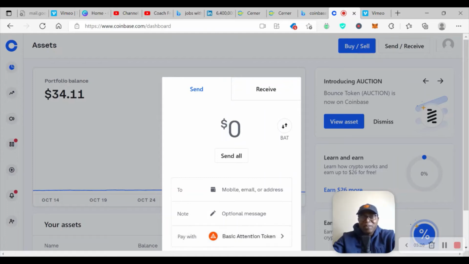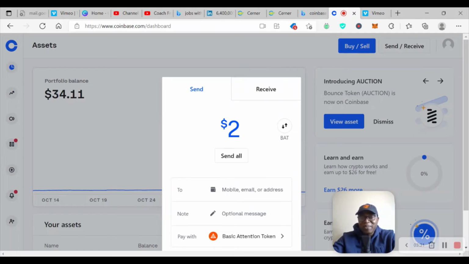Then you have to make sure that this is the coin you want to send. And then you come back over here. How much of this coin do you want to send to your friend? I would just want to send $2 in this coin so my friend can experience what is called cryptocurrencies. So I put $2 over here and then I come down to over here. So I'm sending $2 to my friend.